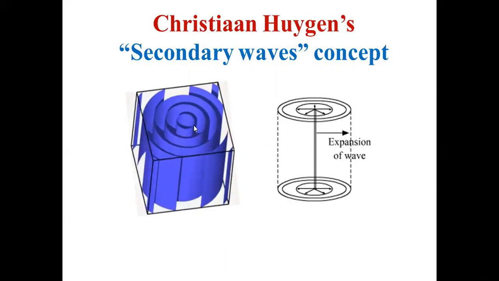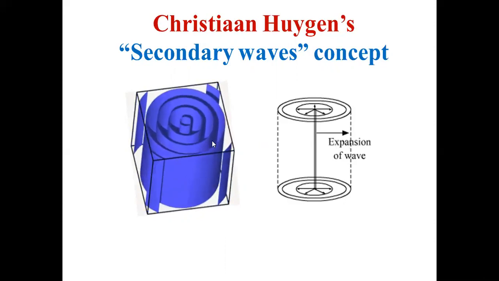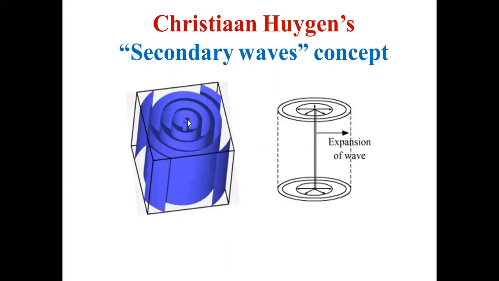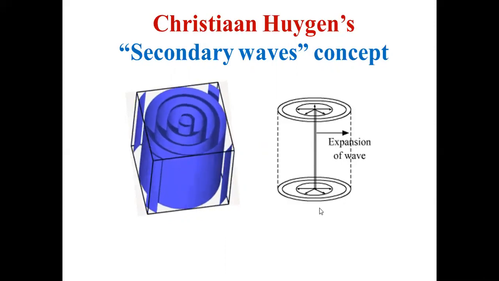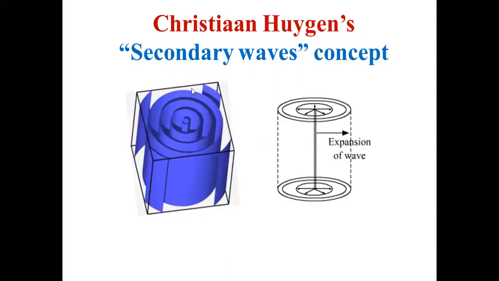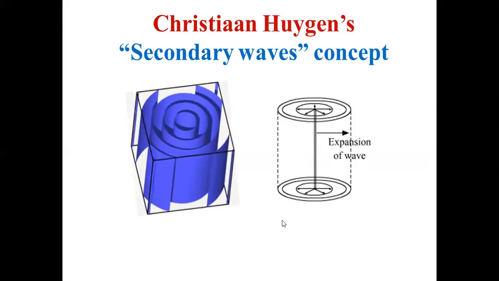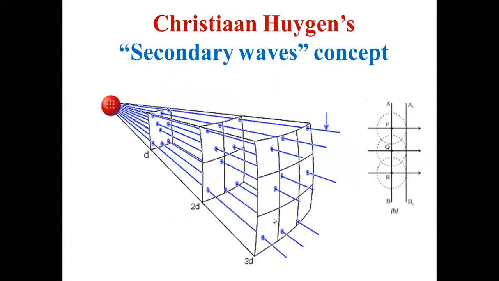So how will the wavefront be growing? It will be growing in the form of a cylinder, isn't it? So it grows in the form of a cylinder. That is a secondary wave concept. So a point source emits spherical wavefront, a linear source emits cylindrical wavefront. And whatever be the source, whether it's a point source or linear source, the wavefront will be almost plane as they grow larger and larger.